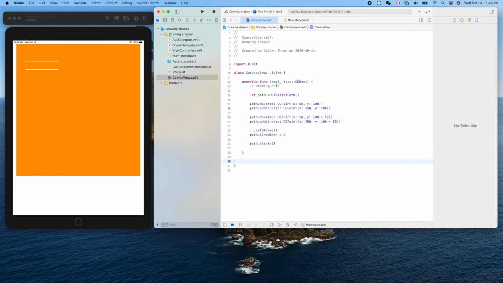We don't define a function inside this function. We'll put it in parallel, like here. So type func, you see, enter. Let's use a name to describe what it does. So draw